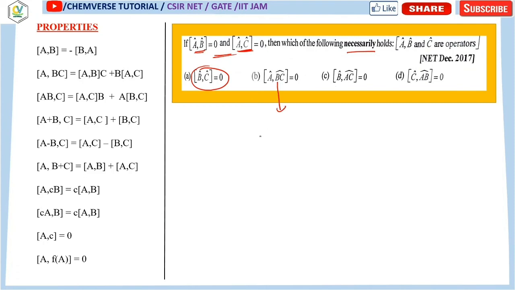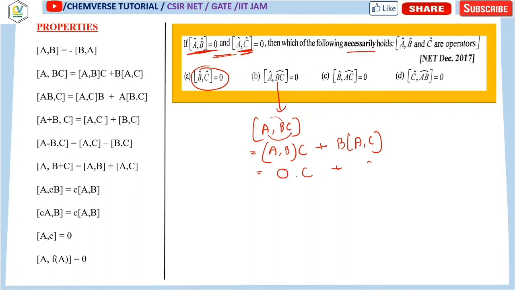Now let's take this one. It is in the form [A,BC]. So just take the first two: A commutator B, with C outside, plus then take these two, A and C, with B outside. Now it says that A and B commute with each other, so [A,B] has a value of 0, so it will be 0 into C, and A and C commute with each other, so [A,C] will be 0 into B. So it will be 0, overall 0. So this condition actually implies our statement. Okay. Now over here, this is your correct answer.